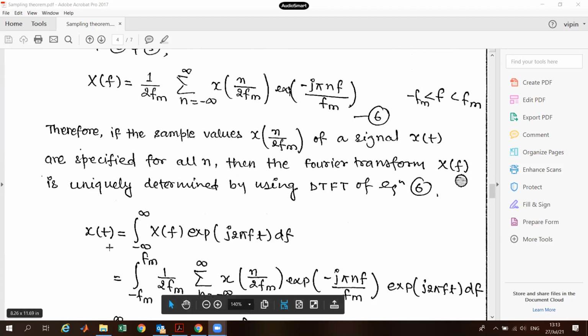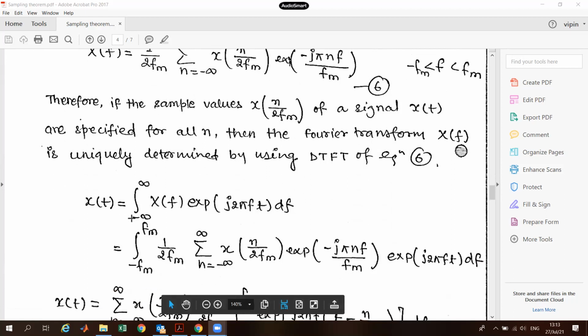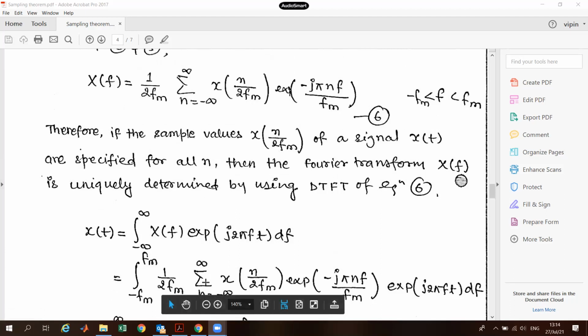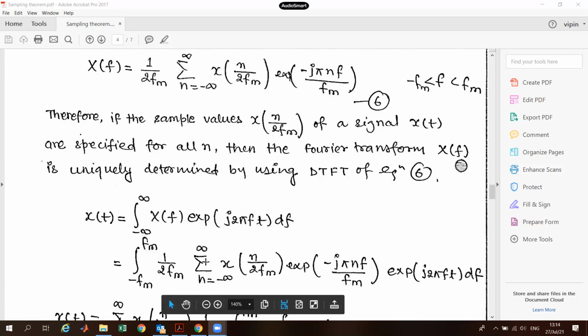So x(t) will be equal to the integral from minus infinity to infinity of X(f) exponential e raised to the power j 2 pi f t df. So we are taking the inverse Fourier transform here to find the value of x(t). Put this value here,